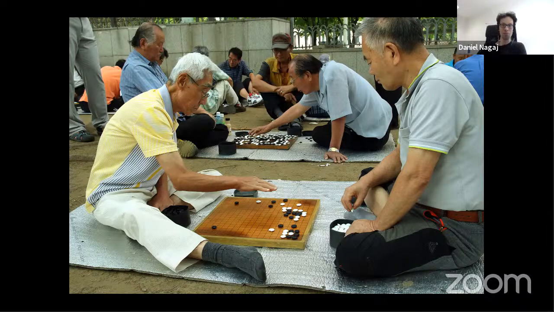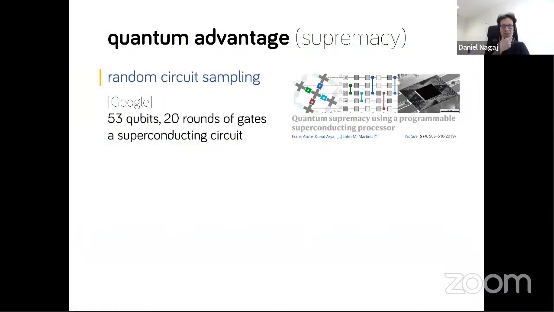So the 2 games that people play in showing quantum supremacy, or quantum advantage, that quantum systems are really harder than classical. One of them is random circuit sampling, played by Google, where in superconducting circuits, they are applying random quantum gates, random quantum operations, and then looking at the output. And they're claiming that getting the output of the circuit gives you results that are hard to simulate classically.